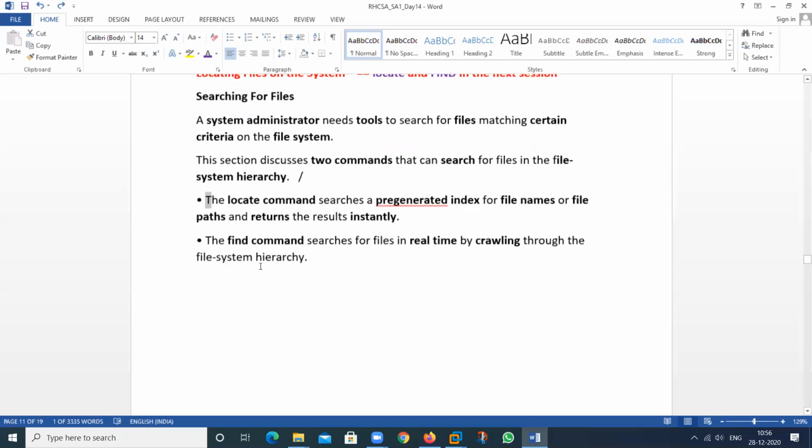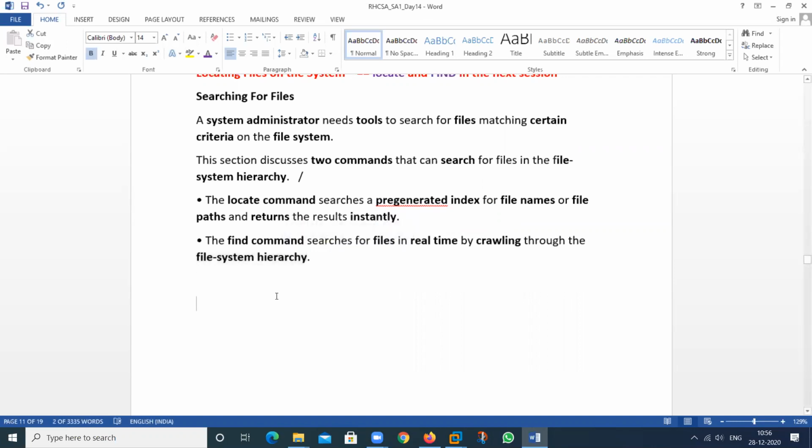If I want to use the find command, that is also used to search the files, but it is used to search the file in runtime also. Real time means runtime. It is used to search the files by crawling through my file system hierarchy.